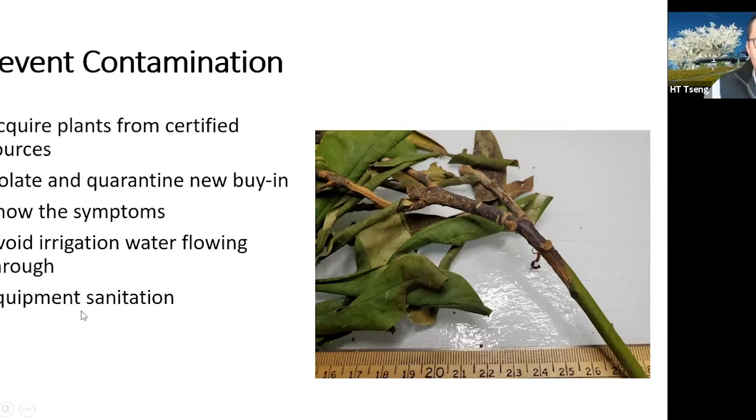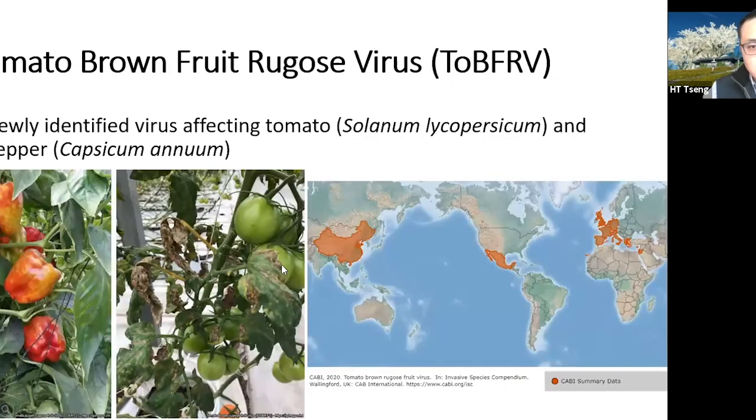And also it is important to sanitize your equipment. So we mentioned bacteria and Phytophthora, of course. Viruses are also a problem